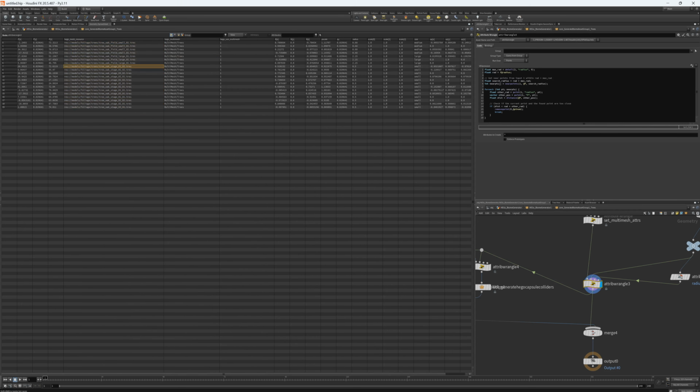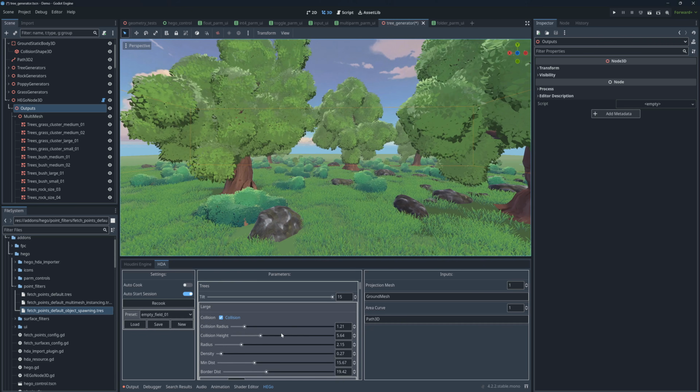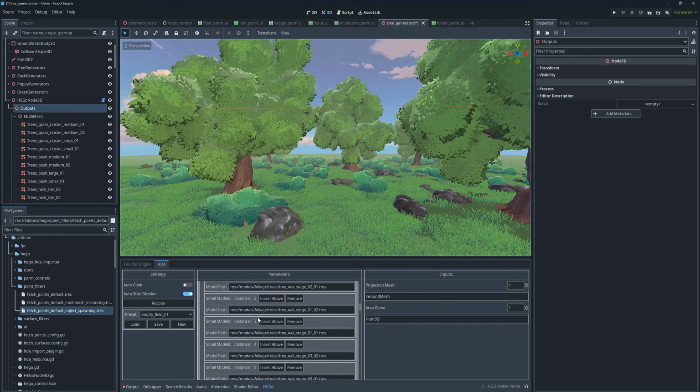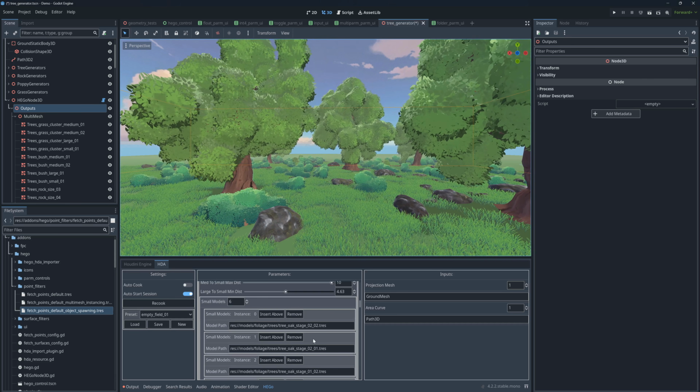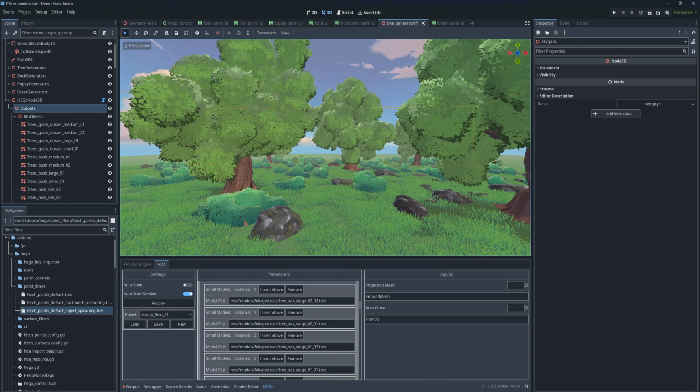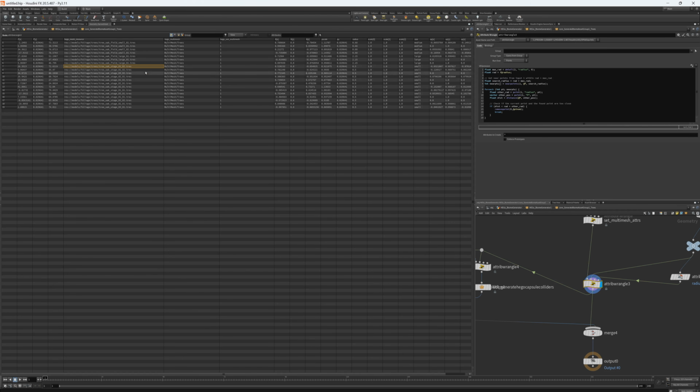And that's coming from the multi-parm in the parameter interface. So here in the parameter interface, you can see there's medium models, small models, and it's just pulling these models here and assigning those to the points. So that's the instancing itself. And there's documentation on this. If I find that,